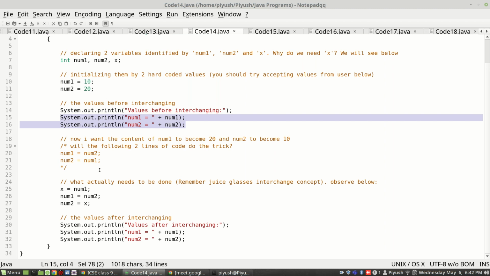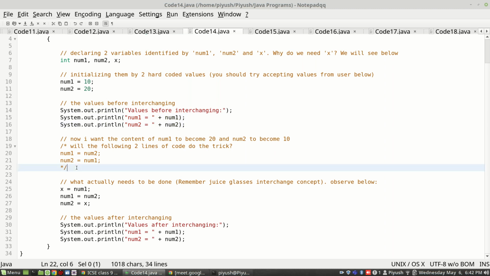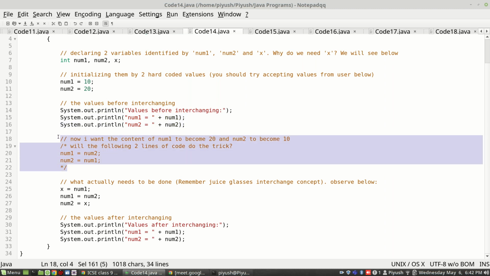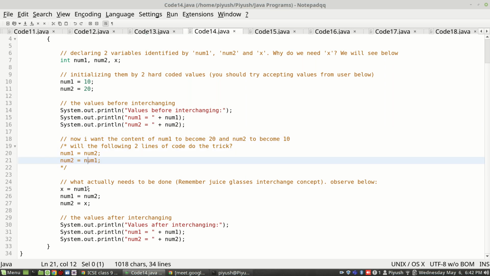After interchanging, what you are doing, I have written this, this won't work, you have to think over it. So here I am taking a third variable which will help me interchange, just like the third glass. In the third variable, X, we will copy the content of the first one, because I can now afford to get its value erased and replaced by another value.